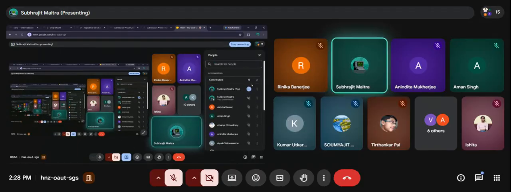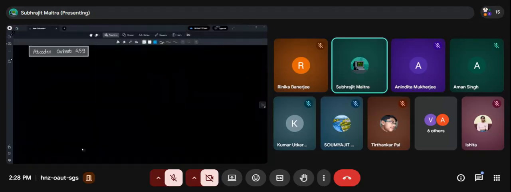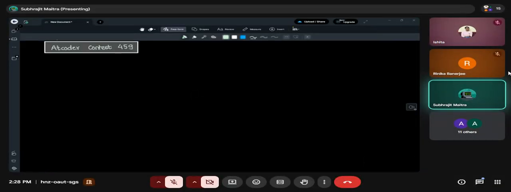Okay, so let me start with giving you an overview of the question. Suppose you have n cells in a row. Initially all the cells have zero blocks in them. Now you have two types of operations to be done.